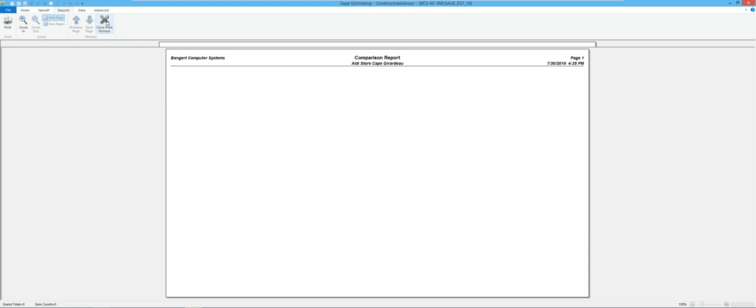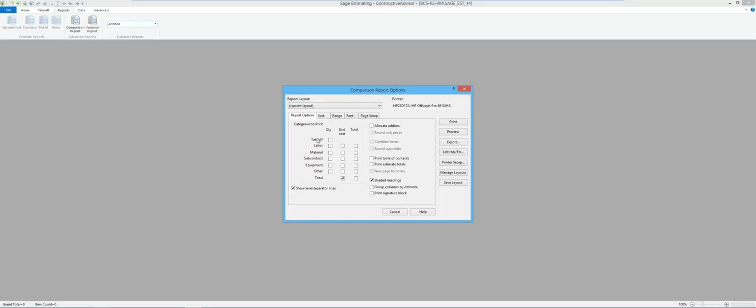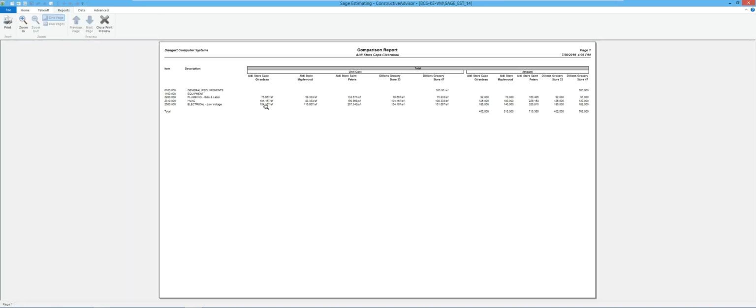Now, the other thing I might want to look at is I'm going to go back and change it and tell it to show me the total dollars also. There's all my dollars per square foot for those 5 jobs. There's my actual dollars for each of the 5 jobs. So that way I could tell that I'm about $92,000 on this job. This one was about 70. This one was 160, whatever the variations were. So that way I could look at the price per square foot and the amounts at the same time.